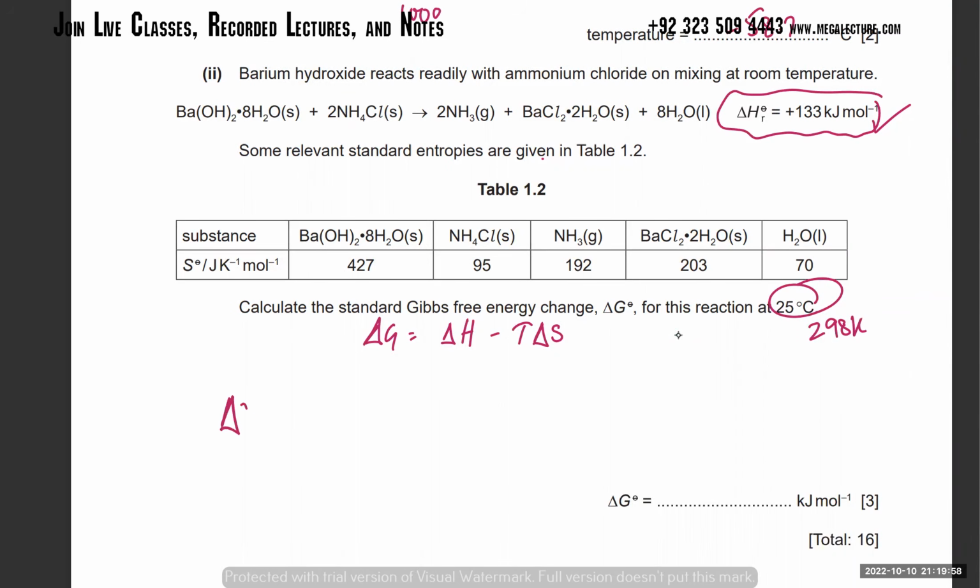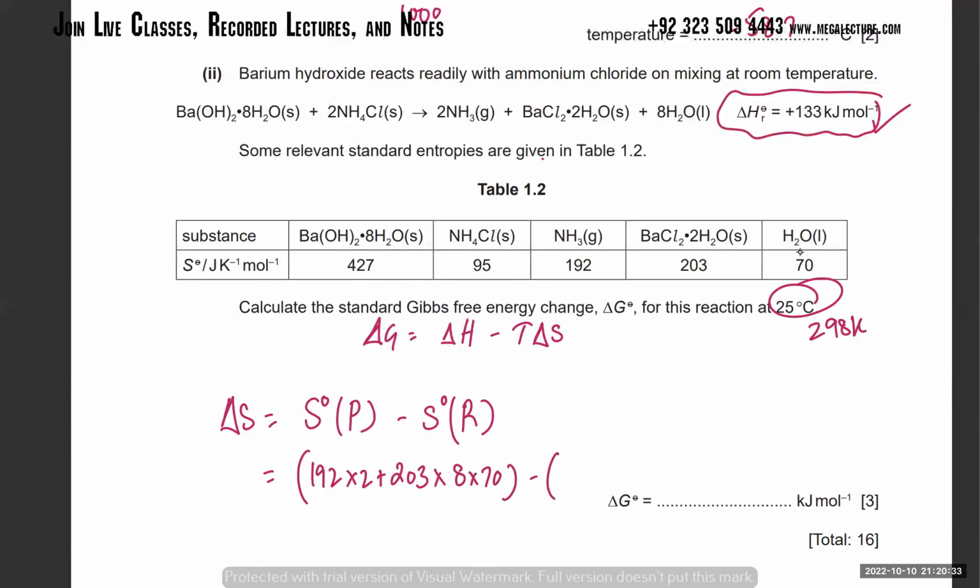Delta S, you've got a formula for that, and that is the entropy of the products minus the entropy of the reactants. So to apply the delta G formula, you first need delta S. So entropy of the products, what do you have? 2 NH3. That's 192 times 2. BaCl2.2H2O, that's over here. That's 203. What's the other one? 8 water molecules. That's 8 times 70